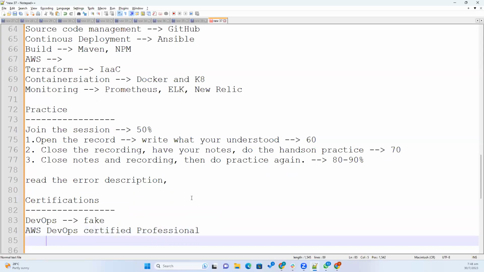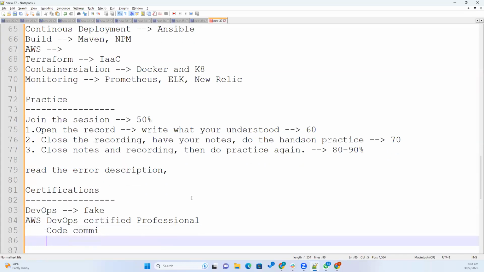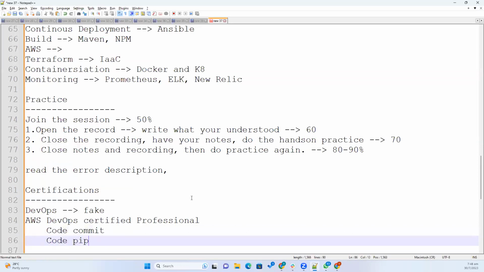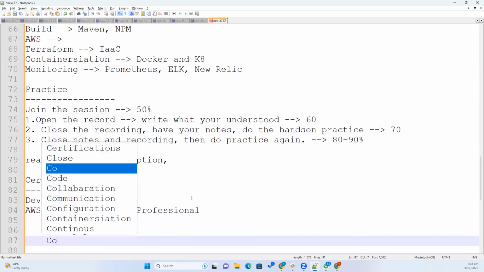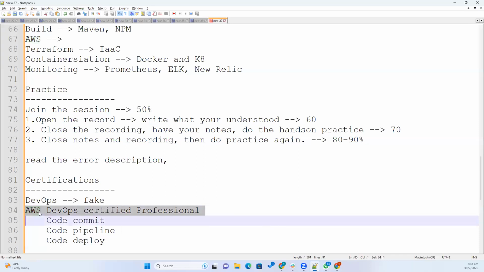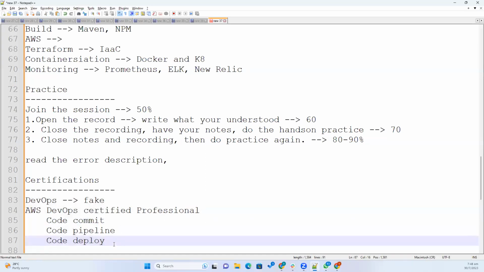What AWS did is they took GitHub and created a product called Code Commit, and they took Jenkins code and created products called Code Pipeline and Code Deploy. So these are products created by AWS. They took the open source code, renamed it, and released it as AWS services. So if you are working on these tools in your project, then you go for AWS Certified DevOps Professional. Your clients can sponsor you, but otherwise don't go for any DevOps certification, because nobody wants it.